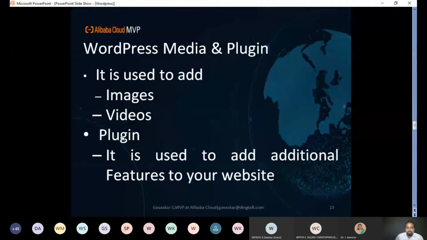So different plugins are there. You can download and you can use them. But by default, many plugins are present in WordPress itself. What I have done is I have installed only one plugin. For the login page, I am going to change the image which is present in the login page. For that, I have installed a plugin and I have used that plugin. So n number of plugins are there. Free plugins are freely available, and for a few other plugins, you have to pay. So now we can move to how to add a media.